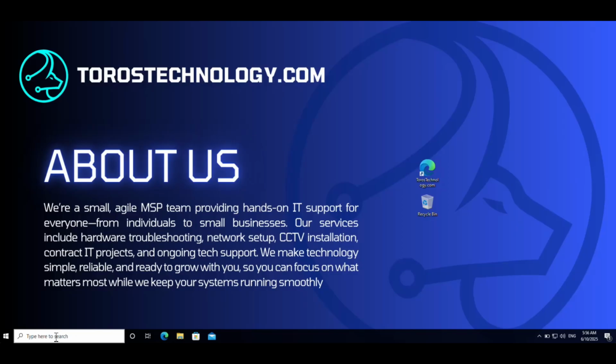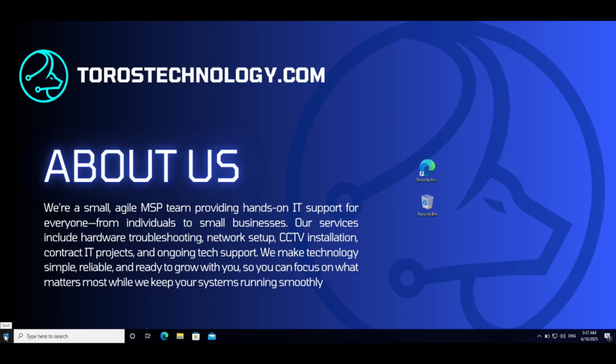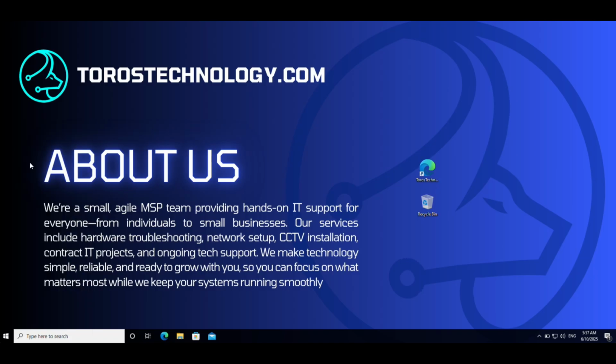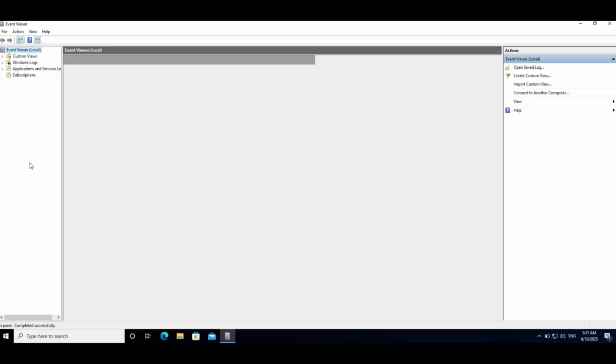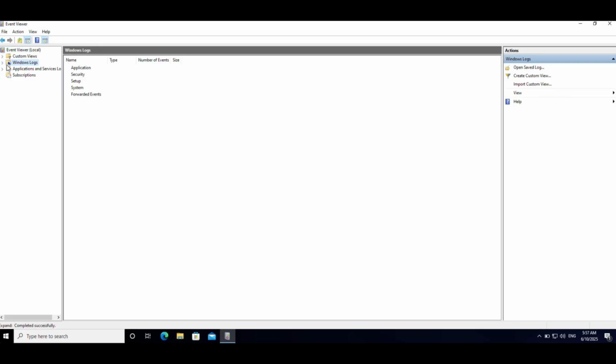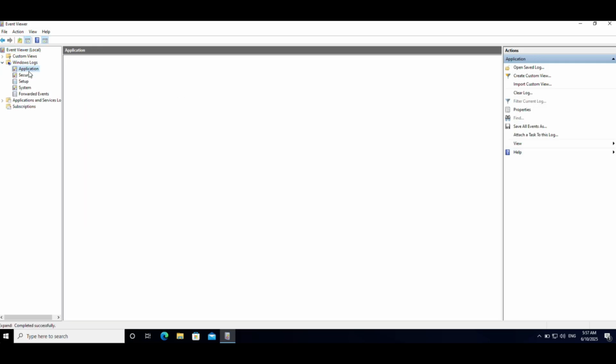Okay guys, so we are back and I just want to show you how to check the logs. You right click on the Windows icon here, right? Event Viewer. So we go to Windows Logs, drop down menu, right? Application,